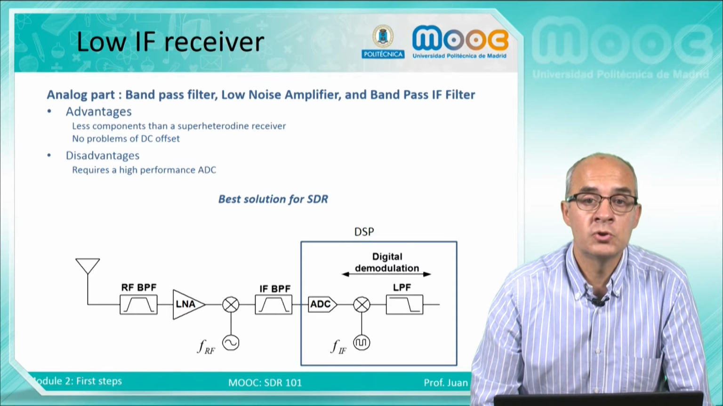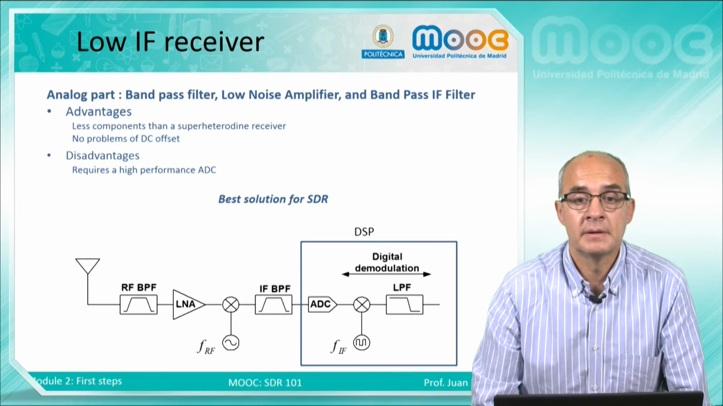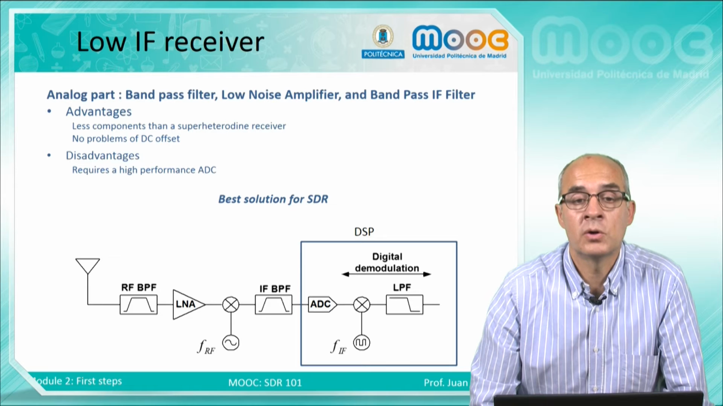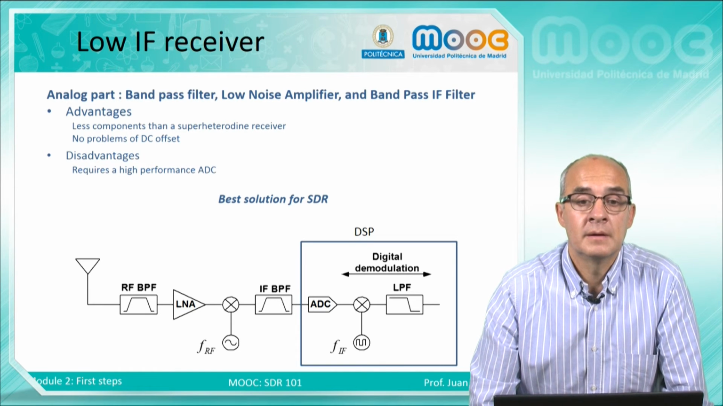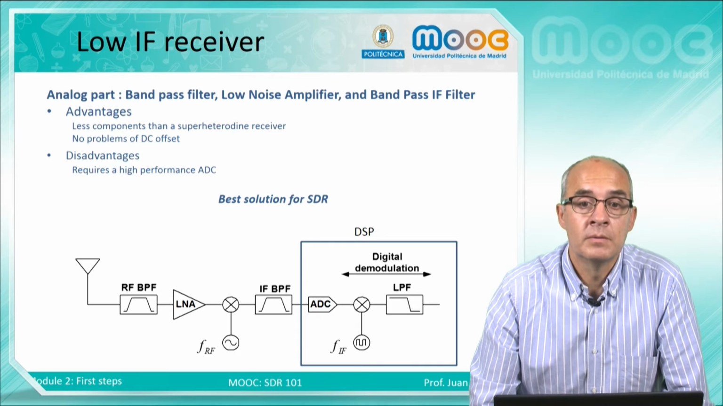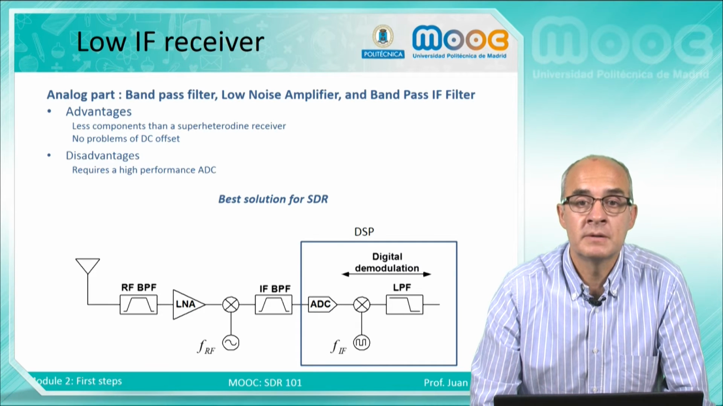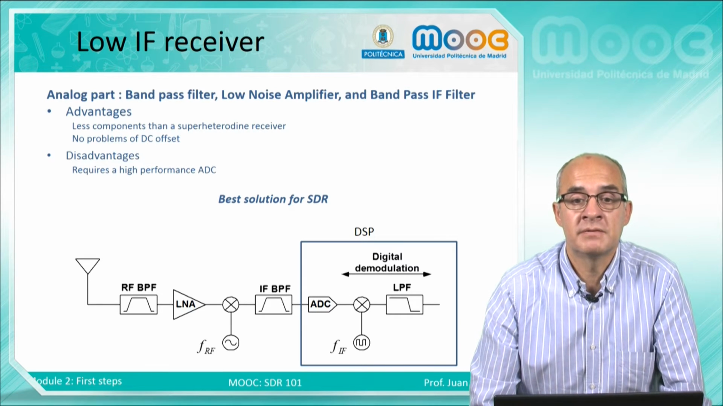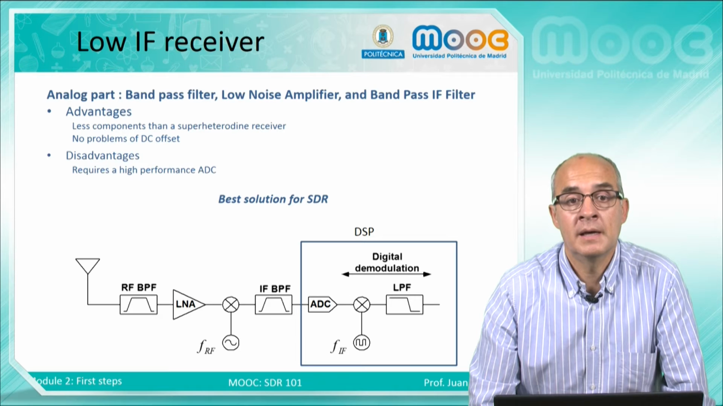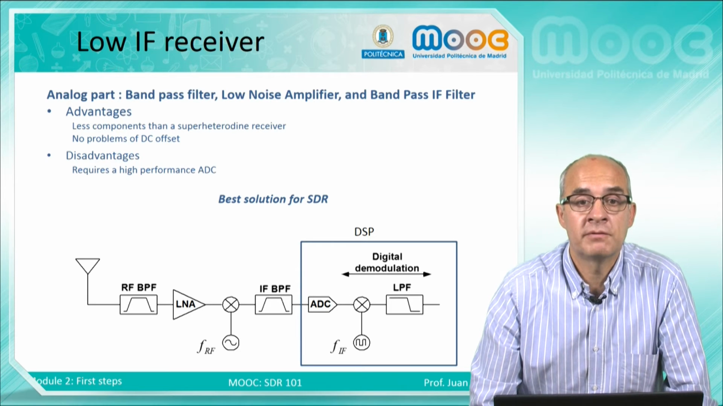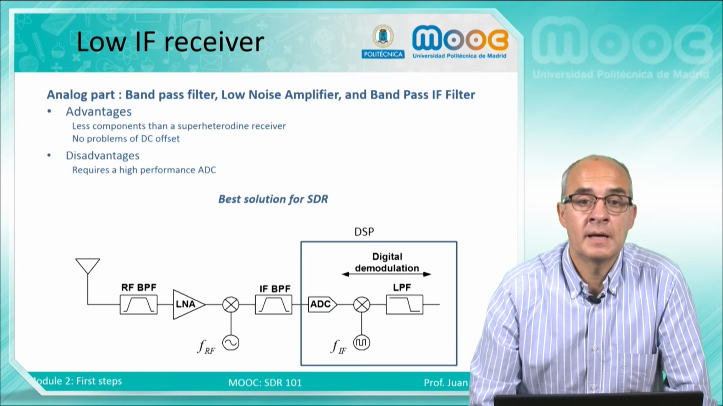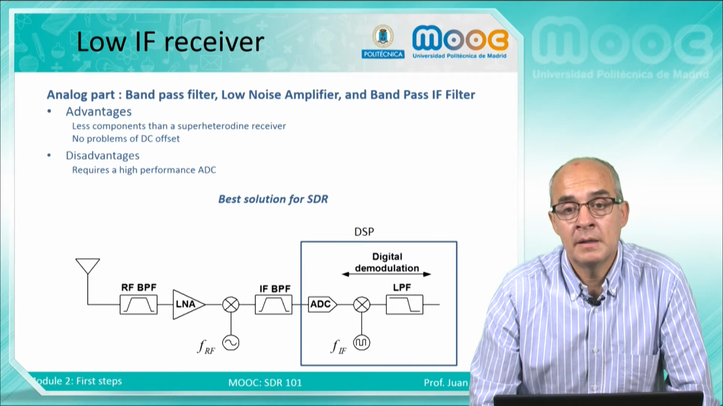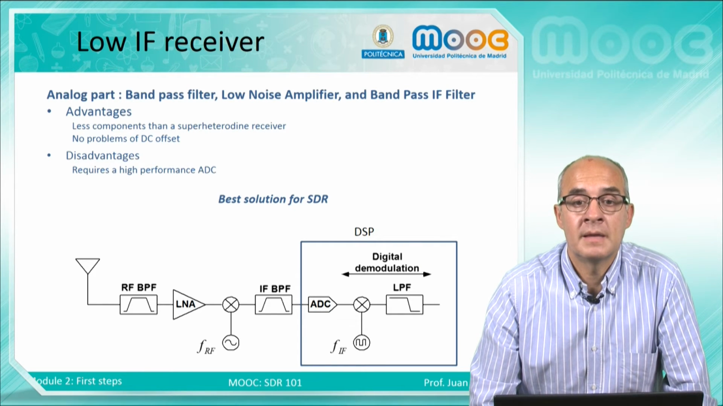An intermediate solution is the low IF receiver. This is the best solution for software-defined radio devices, and it's also used by the RTL. Here the analog parts are very reduced to a bandpass filter, low noise amplifier, and a bandpass IF filter. This filter helps to reduce the interference and the image frequency. It doesn't have any problem with the DC offsets, and on the other hand, it has the disadvantage that the